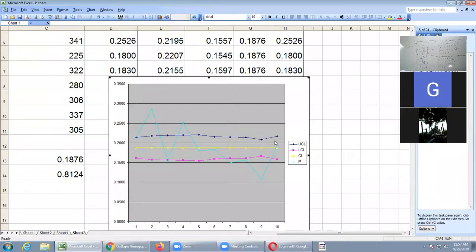If all the sample points fall within the control limits, the process is in control. But here so many points fall outside. So how many points fall outside? 1, 2, 3, 4, 5. 5 points fall outside. If 1 point falls outside,